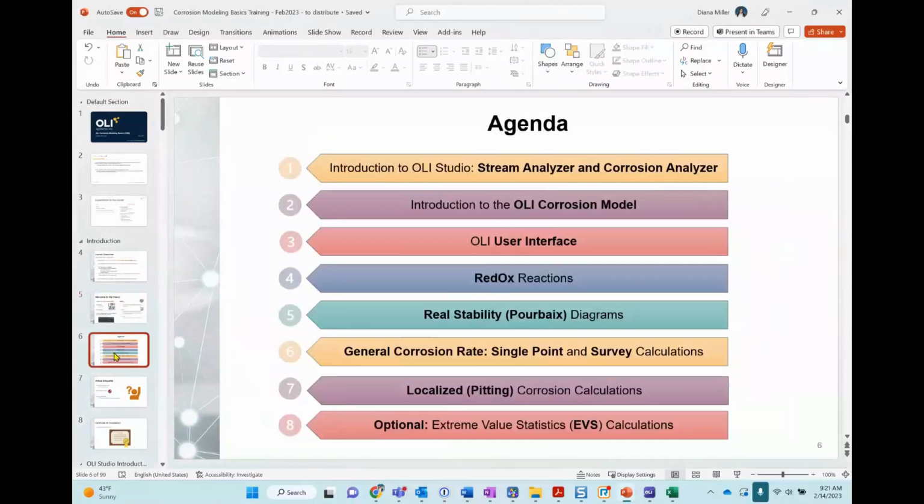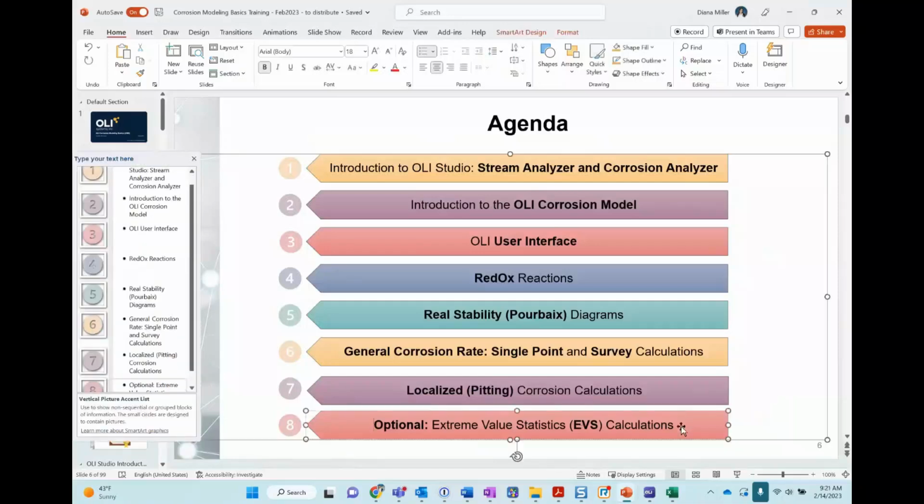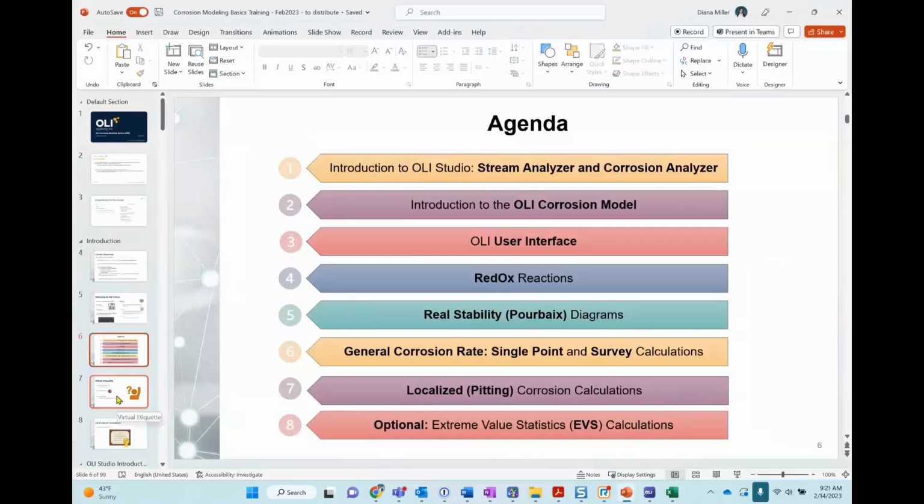This is the agenda. Again, these are topics I came up with because I think that they are useful to understand how the software works, where to find information, and highlight features. But again, down here is optional, for example this topic here, and we can always cover some cases that are more relevant for you.